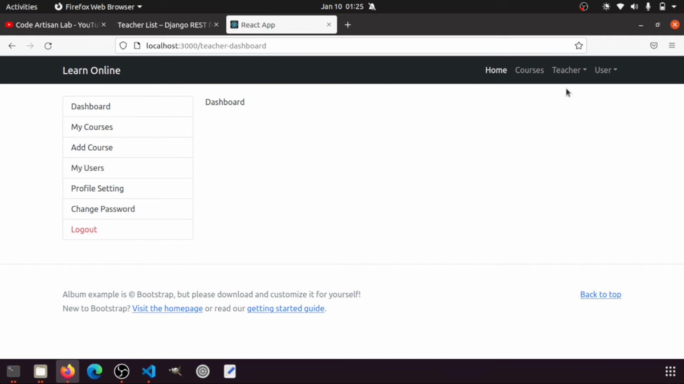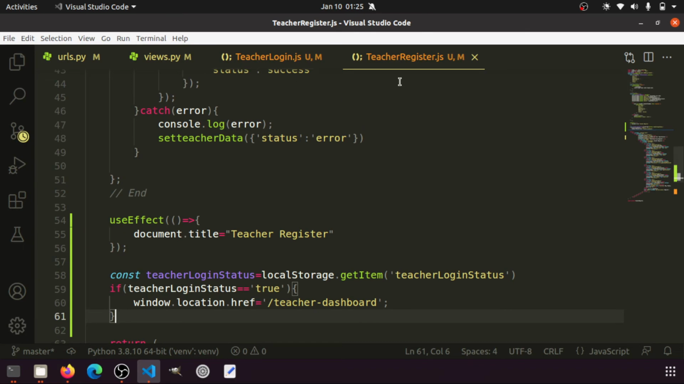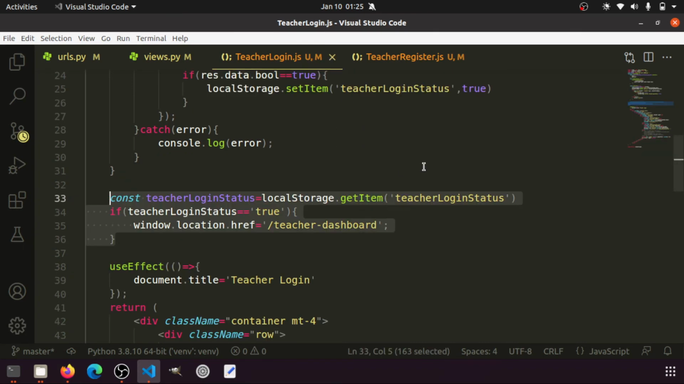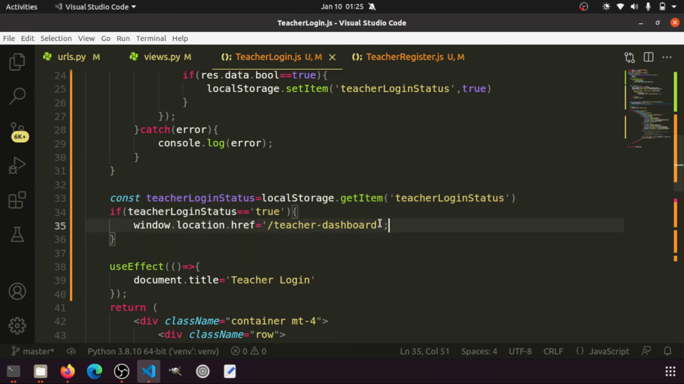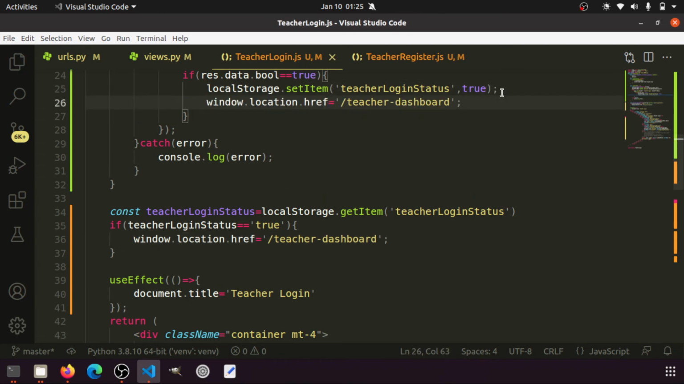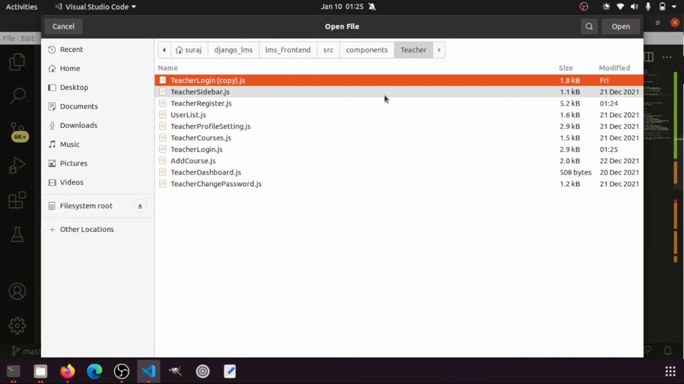Okay, now we will also hide the link of login and register if the teacher is logged in. Okay, we will only show dashboard and logout. So let's go to our, and one thing more we need to do, after the successful login we will redirect to teacher dashboard. Now let's open the